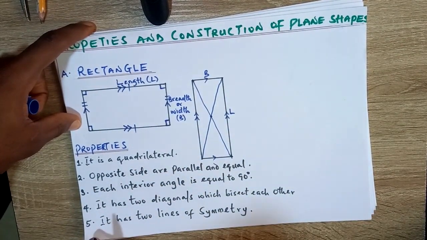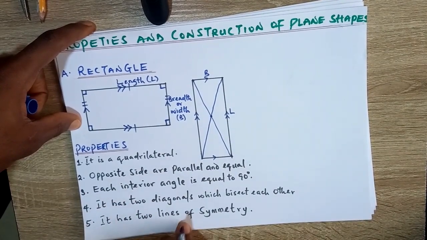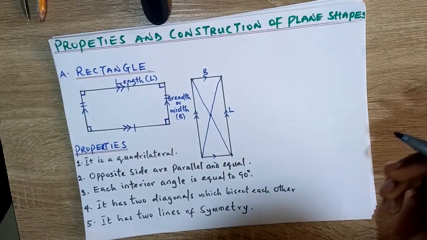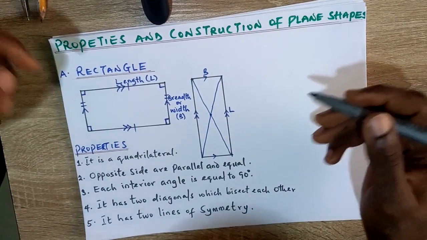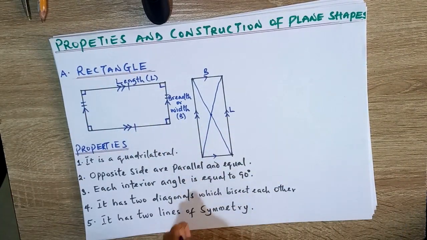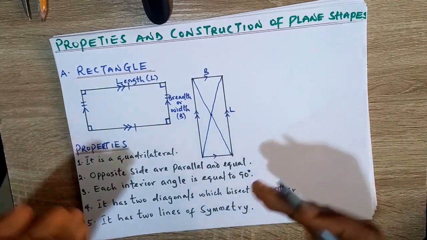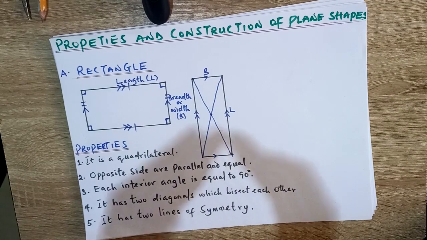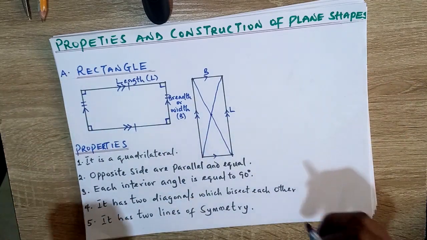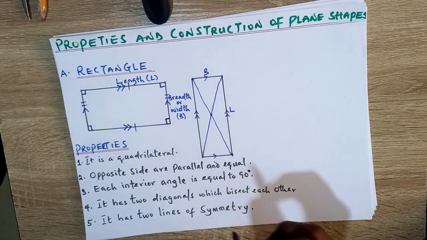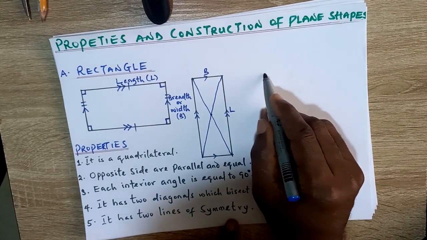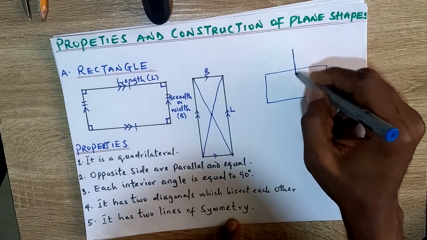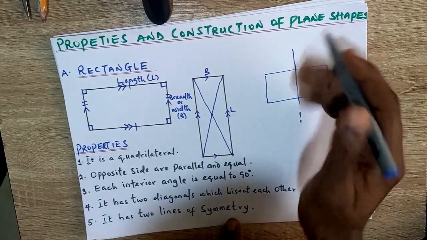So the fifth one says that it has two lines of symmetry. So what is a line of symmetry? The line of symmetry is simply a line that divides a shape into two equal halves. Equal halves means we have exactly the same shape on those two sides into which the line of symmetry has divided it. So the line of symmetry of a rectangle, we can show it vertically, because once we divide